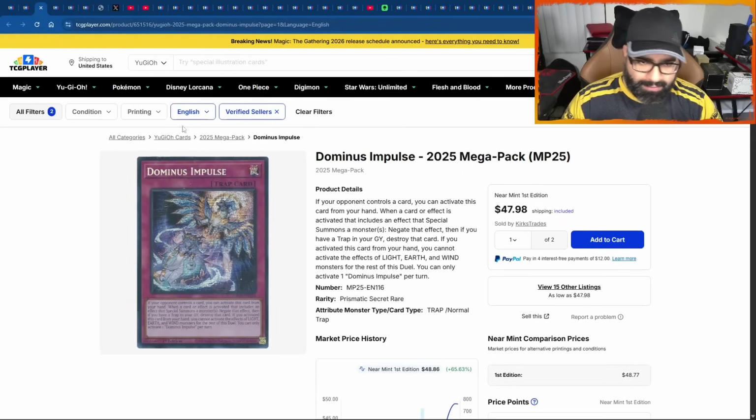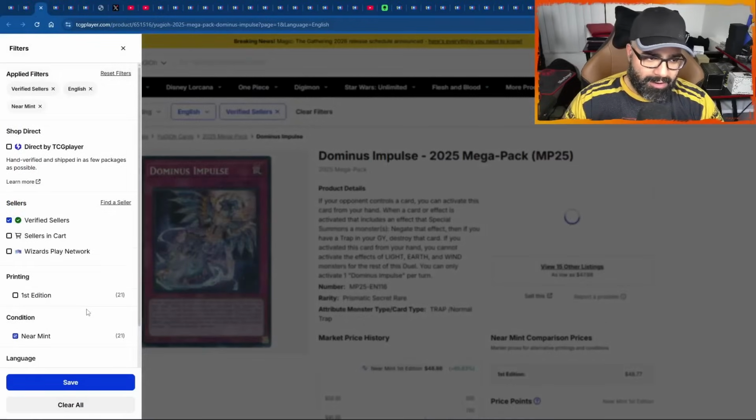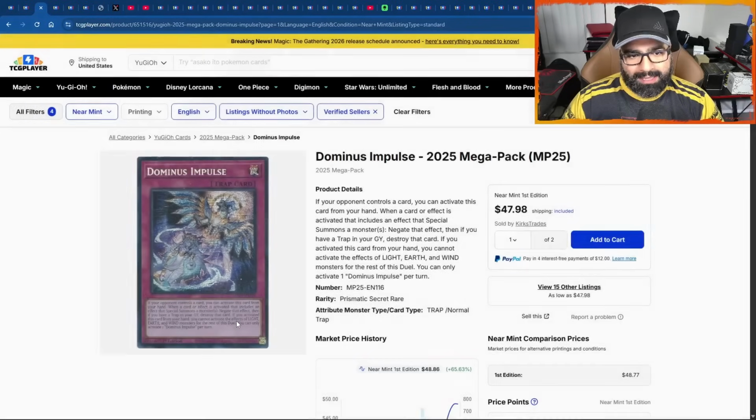We have Dominus Impulse. This has been the talk of the town, guys. Honestly, this card literally has been the talk of the town through the weekend, topping major YCSs, and all it takes is Anaheim. I don't know why, but US YCSs, even if they have less participation quantity-wise from Yu-Gi-Oh players, like let's say in Europe there's a 2,500 event and something happens,